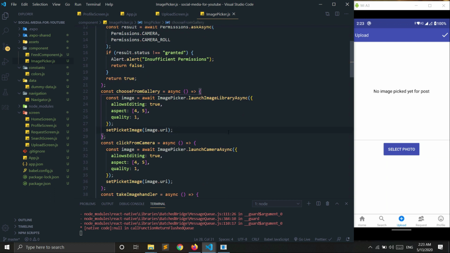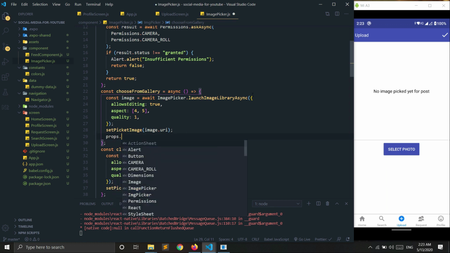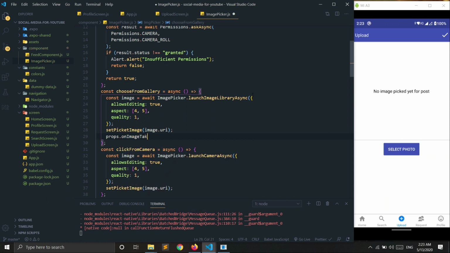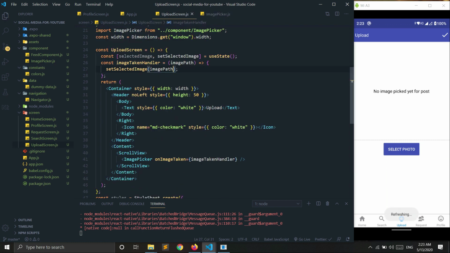So inside this, choose from gallery. I want to call this props dot on image taken, and here I want to pass this image. Okay, just copy the same to this. Okay, so now